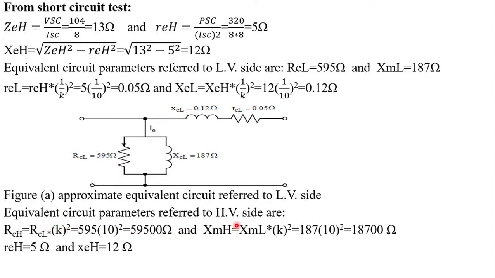And here the magnetizing reactance at the high voltage side is equal to the magnetizing reactance at the low voltage side multiplied by k squared, which is equal to this value. Now the resistance and reactance at the high voltage side, which were calculated above, remain the same. We keep this value the same, and by substituting this value in place of this value, we can draw